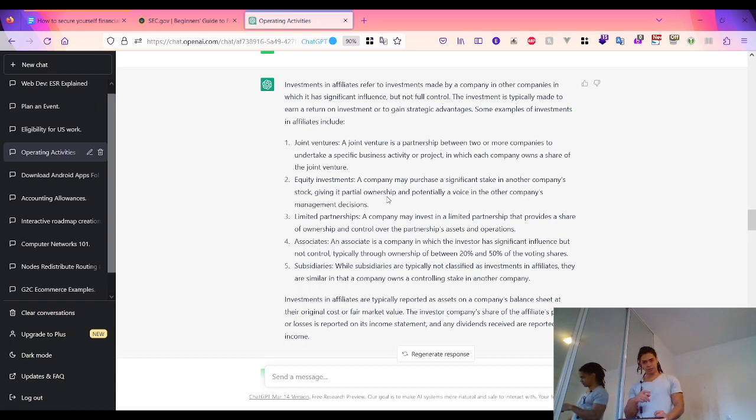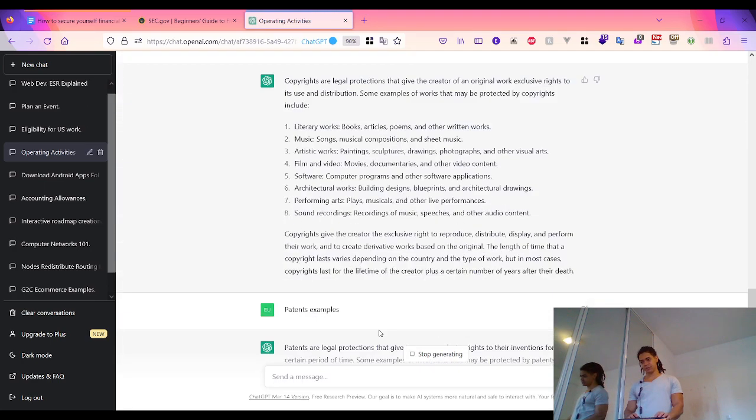And the limited partnership is when a company invests in a limited partnership, for example an LLC or limited partnership. When a company invests in a limited partnership, it provides a share of ownership and control over the partnership assets and operations. So when I ask ChatGPT about limited partnership,